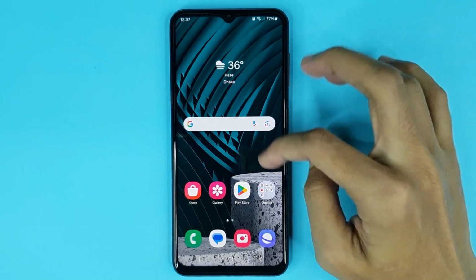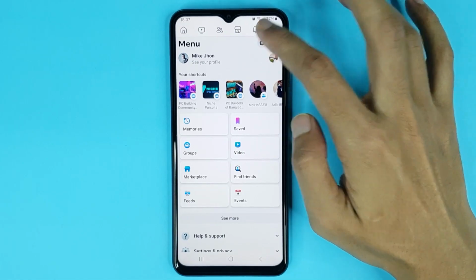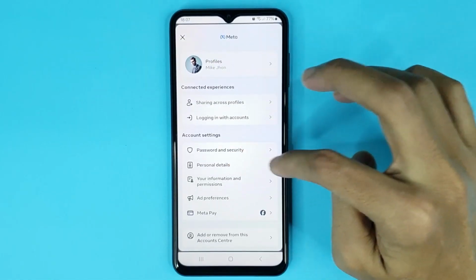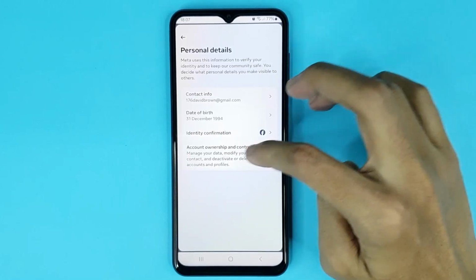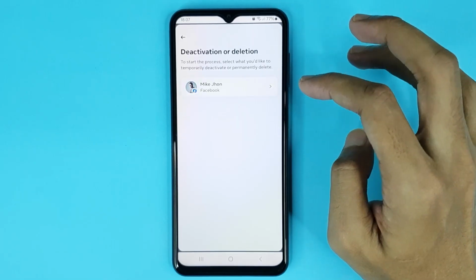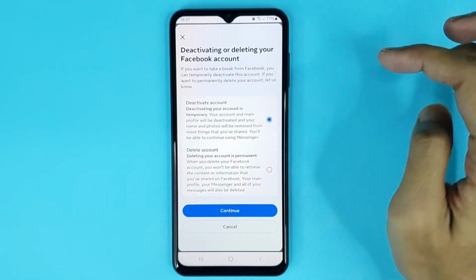Now the first thing you have to do is open Facebook, then tap on this icon, then tap on this settings icon, then go to account center. From here go to personal details, then tap on account ownership and control. From here select deactivation or deletion, then tap on this profile, then select deactivate account from here, then tap on